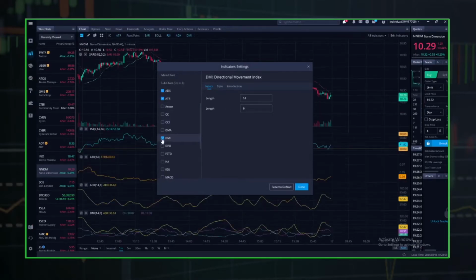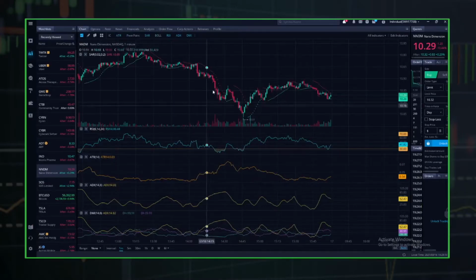the DMI. We have 1, 2, 3, 4, 5, that's all 5 of the indicators we went over that were invented by Welles Wilder. The RSI, which shows oversold and overbought conditions. We had the ATR, which measures volatility. Then we had the ADX, which can show you the trend strength. And then we had the DMI, which can show you the trend direction, as well as the strength, because the DMI actually has the ADX in it. And then you have the SAR indicator, which can show you possible buy or sell signals, as well as a